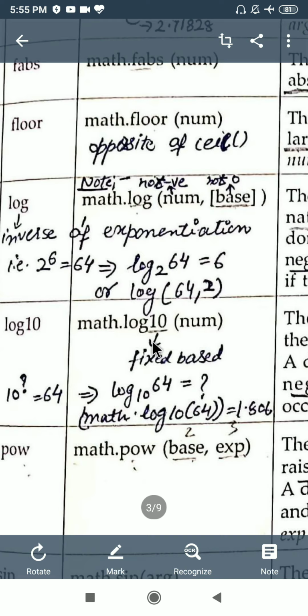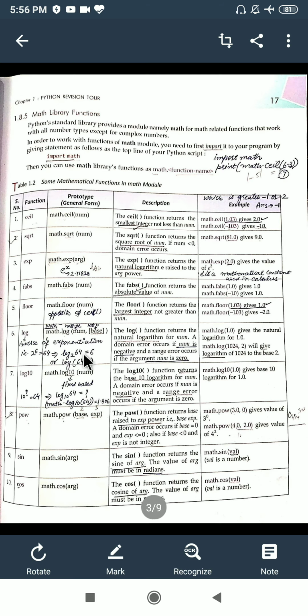Now in this case here the base is fixed. Base is already defined, it is 10. ठीक है, our number system base is 10. So if you are taking base 10 by default, you just need to provide the number value. Fine. Log 10 64, so 10 is fixed. You just need to give the argument 64 here, and it will give you the value for it. Fine. So difference between this and this is just that the number you need to provide here, the base also you are giving, but here the base is fixed, that is 10.